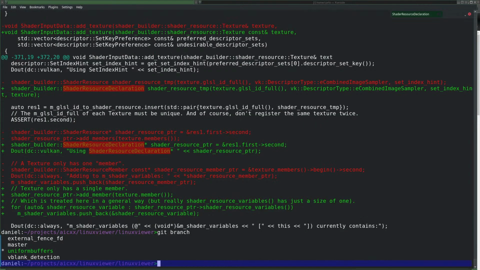Currently in branch uniform buffers. I think switch would work. Create, I think, is the right thing to do here.